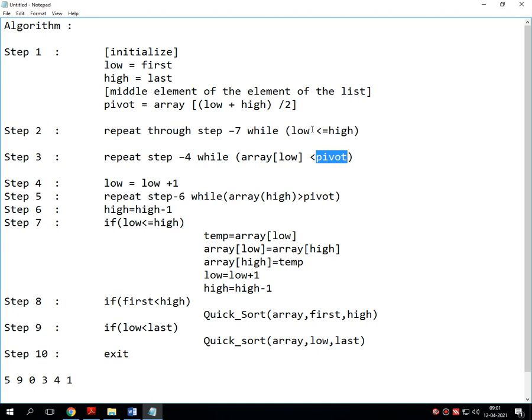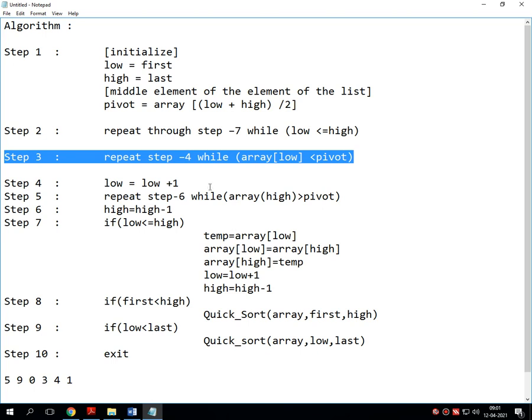That means if low is less than or equal to high, then the lowest value checks whether it is less than the pivot element or not, because if we find this 0 as a pivot element, then all the values on the right hand side should be sorted together and all the values on the left hand side should also be sorted internally. So for that, step number 3 will work.